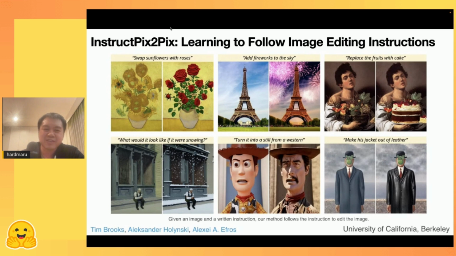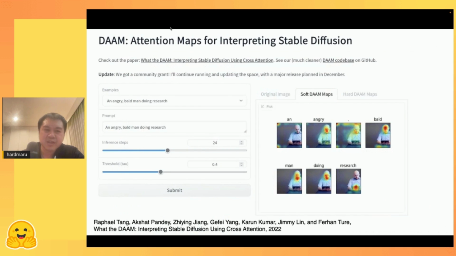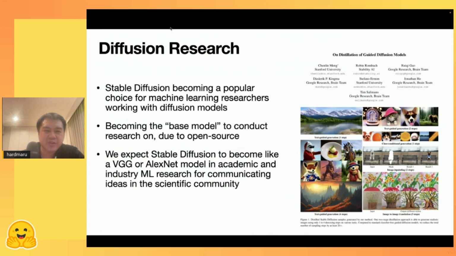I think these are things that are easily doable with an open source model compared to a large closed source model. Even in the area of interpretability in machine learning, people are using Stable Diffusion as a base when communicating their results. Someone wrote a paper on interpreting Stable Diffusion with attention maps and so on.